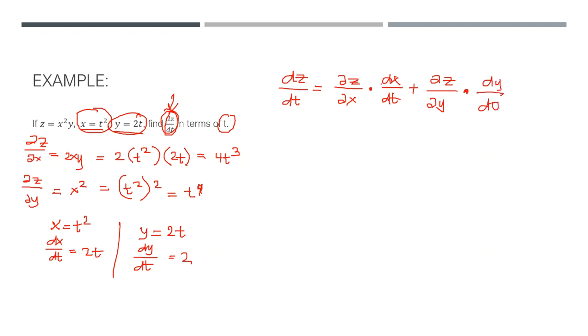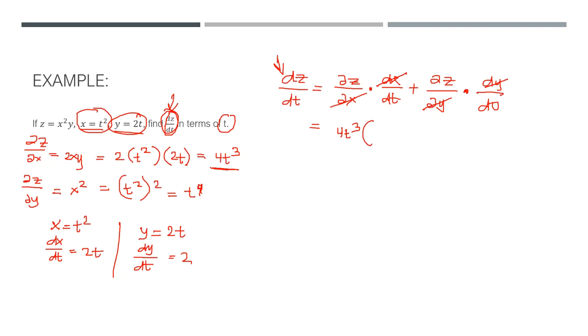So if you can observe, we can cancel this. So what will be left is the dz and the dt, so that we can get the total derivative of z with respect to dt. Now substituting the values for the partial derivative of z with respect to x, that is equivalent to 4t cubed,